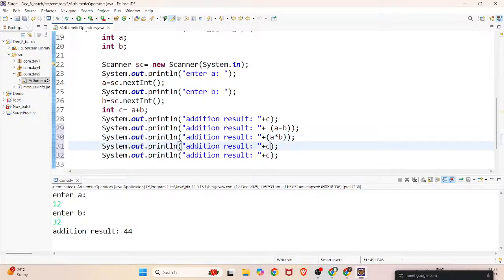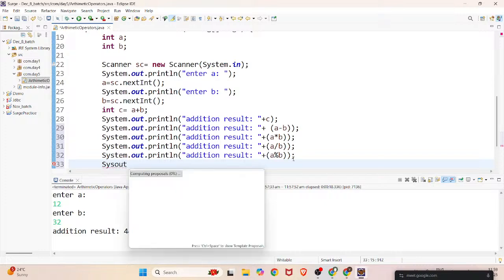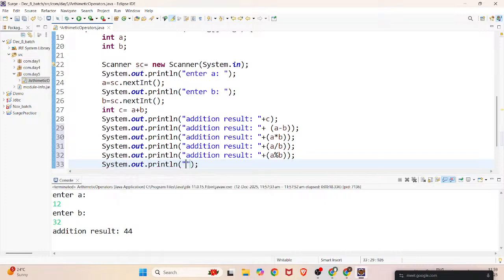The same way a by b for division, and the modulus operation, a modulus b, right? And for the exponential, System.out of all our addition results,